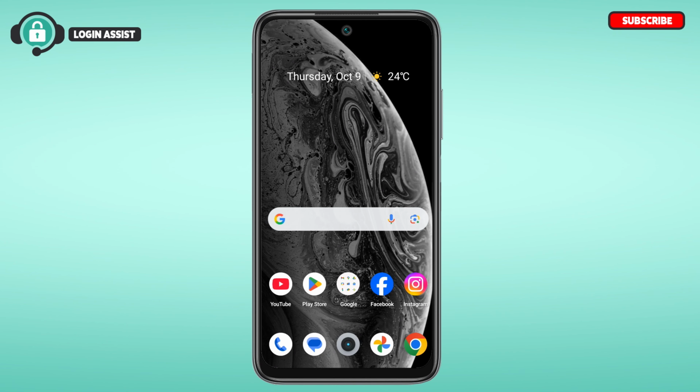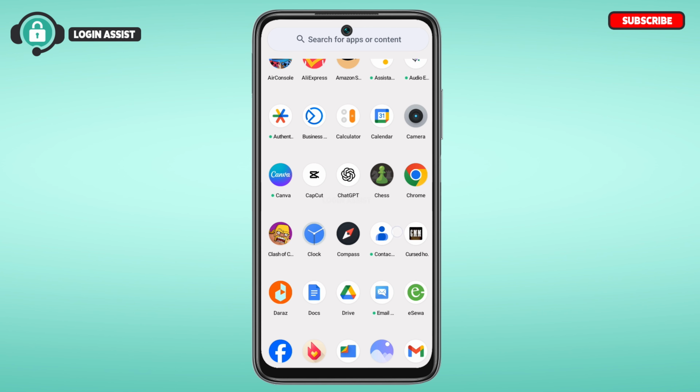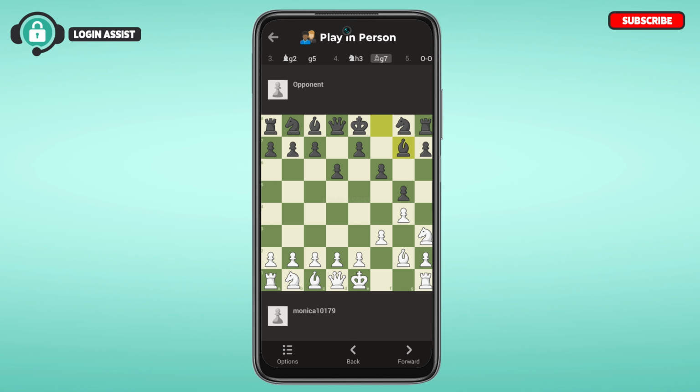In this guide video, I will show you how to castle on chess.com. First of all, launch the chess.com application and start playing. You can see over here I have opened the chess.com application. So if you want to castle on chess.com, it is actually very simple, but there are some rules that you